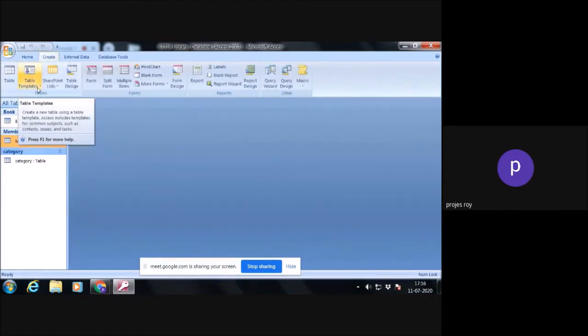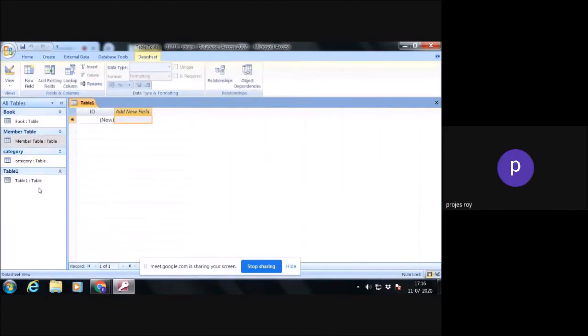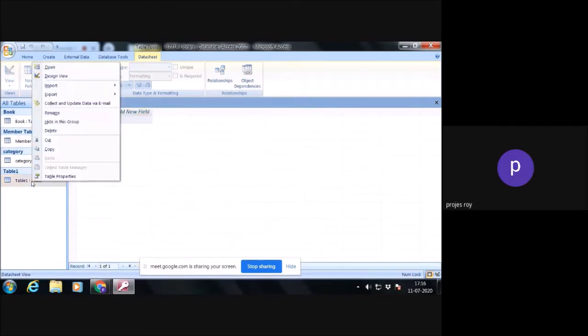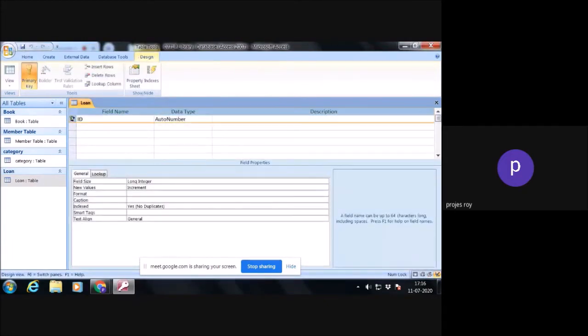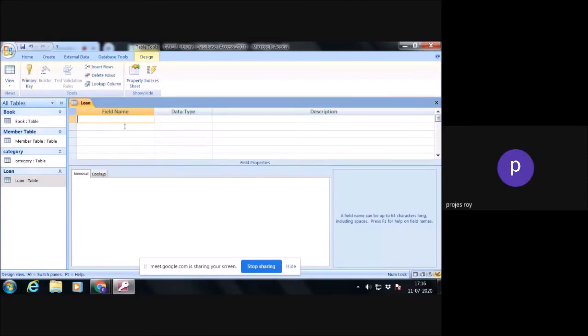This is table 1. You just press design view, then name it loan table. And here you need not keep any primary key. Just delete that row and write accession number.